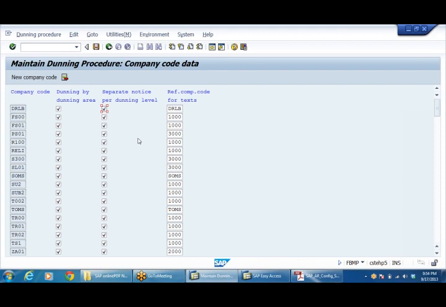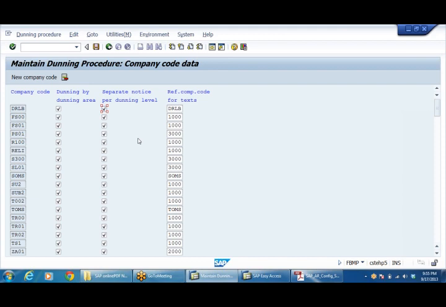So we can define even dunning areas, just like business areas. I can divide my company's geographical area into different dunning areas, because sometimes for some areas I may have to generate weekly, or sometimes once in 20 days is sufficient. Depending upon the different areas, I can generate different dunning notices.